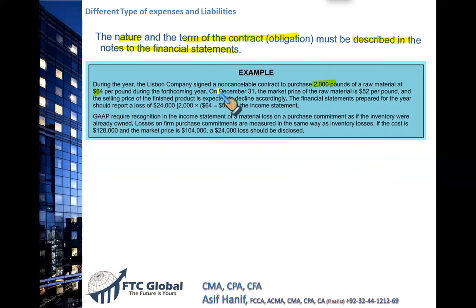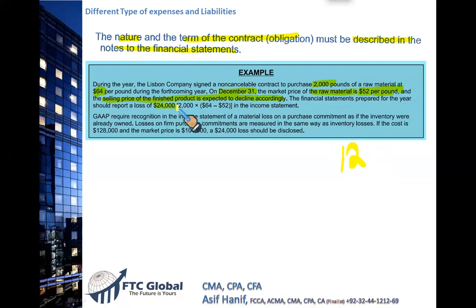No entry, nothing has happened, just a contract, a non-cancelable contract. What happened on 31st of December? The market price of the raw material is $52 per pound, which means the price I agreed to pay is higher. The price on the balance sheet date is lower. And accordingly, since now the price is lower, I may have to change my selling price as well because the input cost has changed. Now, there is a $12 loss per pound